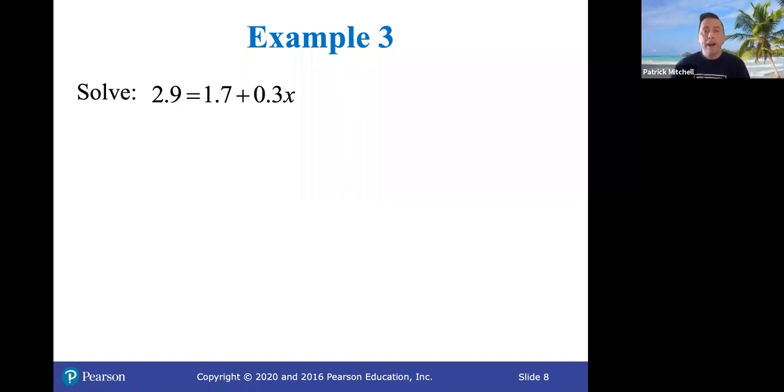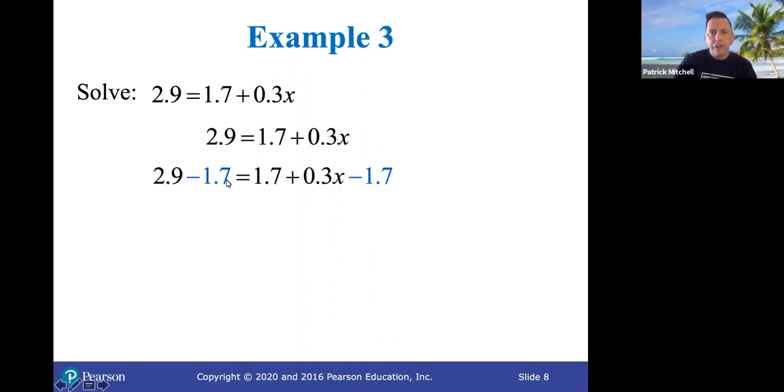Step 1 is if you have fractions, get rid of the fractions. We don't have any fractions. Steps 2 and 3 combined is simplify the left side. Well, 2 9/10 is as simplified as it gets. And because these two terms are not like terms, I can't simplify that either. So I go right to the part where I put the apples with the apples and the oranges with the oranges. Since I have a constant term on this side and also on this side,